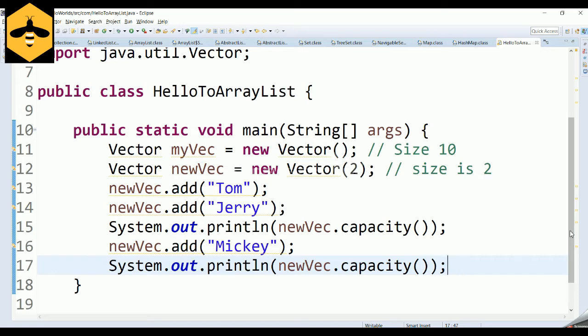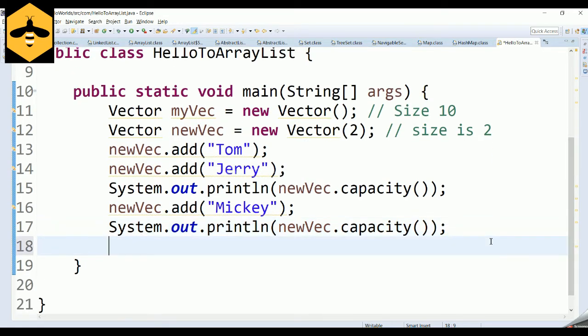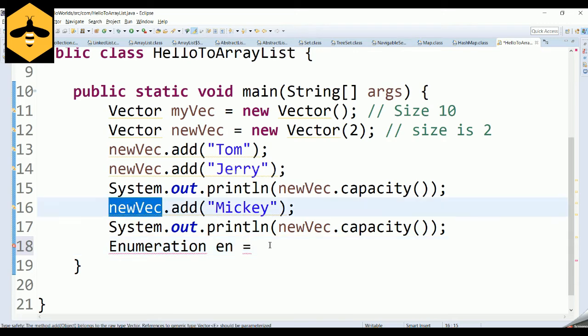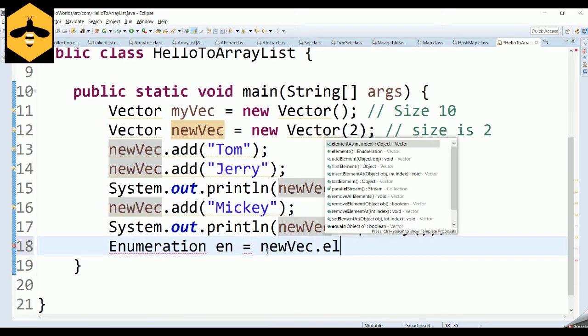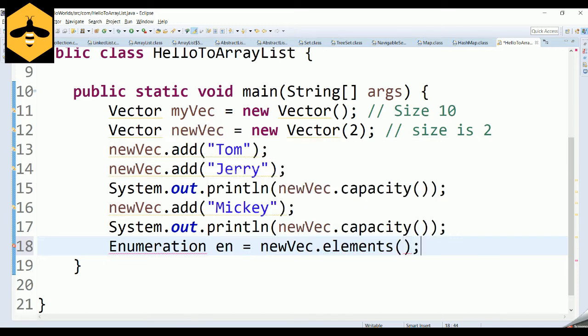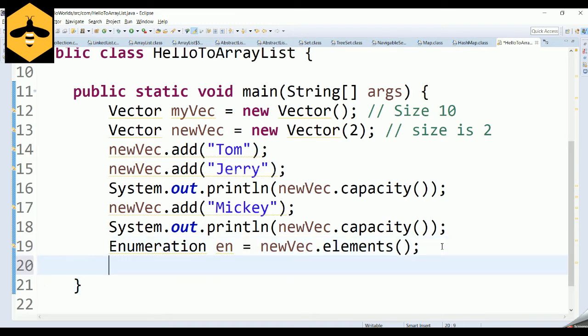And for iteration of a vector, you can make use of Enumeration and print the elements of the vector. So Enumeration en equals myVector.elements(). I think you need to import Enumeration, which sits in the same package as your vector.